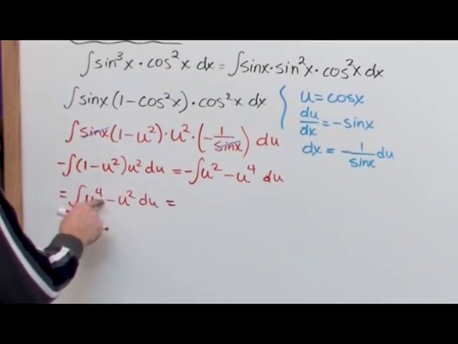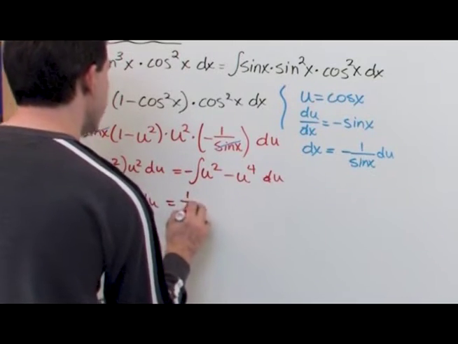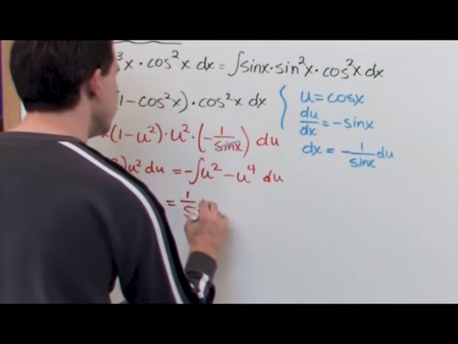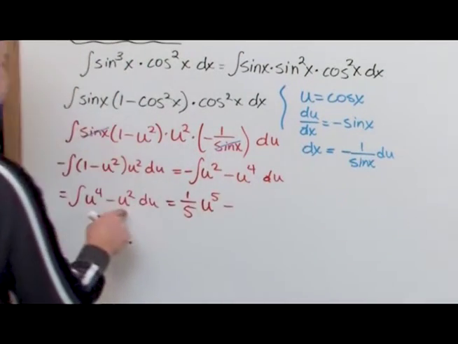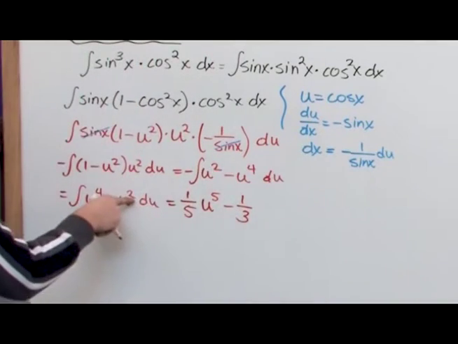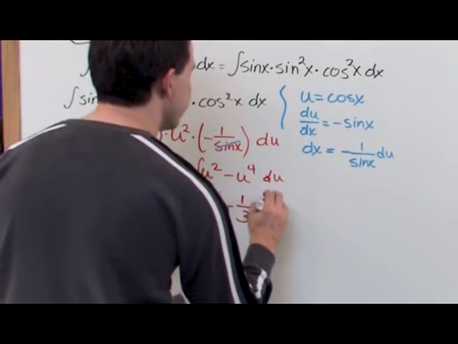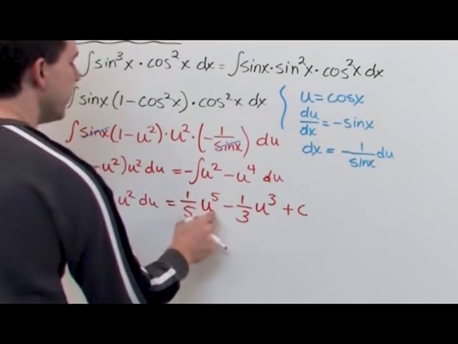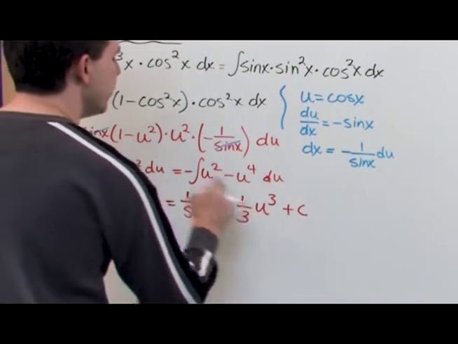The integral of u to the 4th power is 1/5. 1 plus the exponent is 4 plus 1 is 5. 1/5 u to the 5th power minus, this one is going to be 1 over exponent plus 1 is 3. 2 plus 1 is 3. u to the 3rd power plus a constant. Okay? So I have the answer, 1/5 u to the 5th power minus 1/3 u to the 3rd power plus